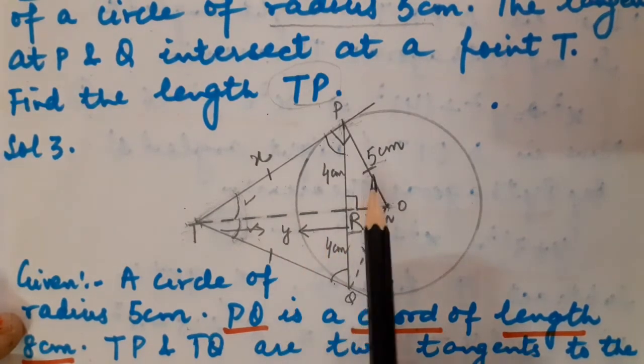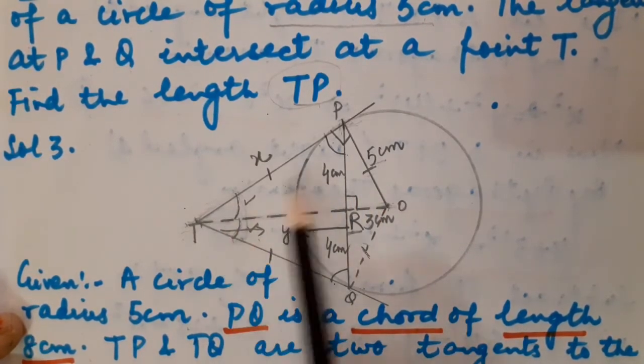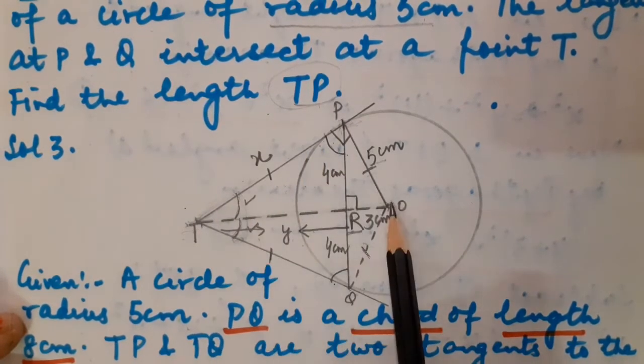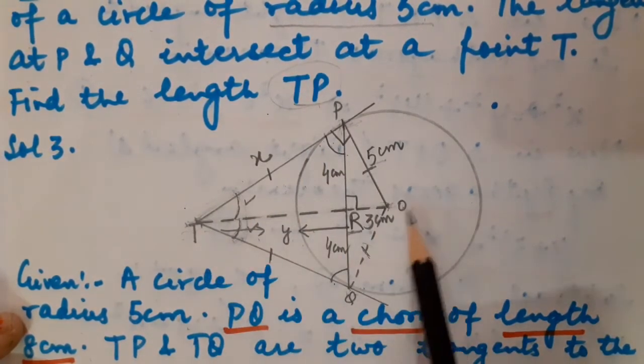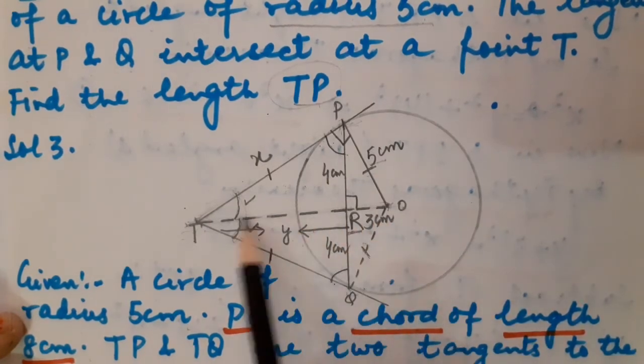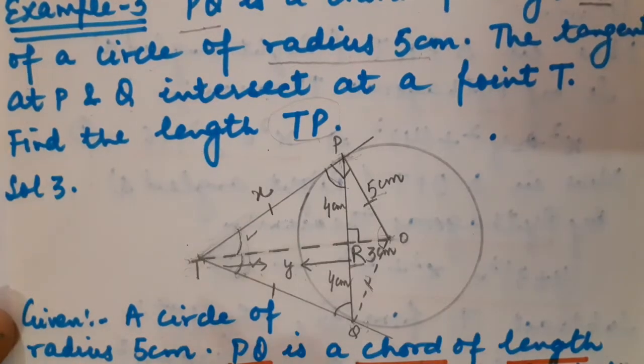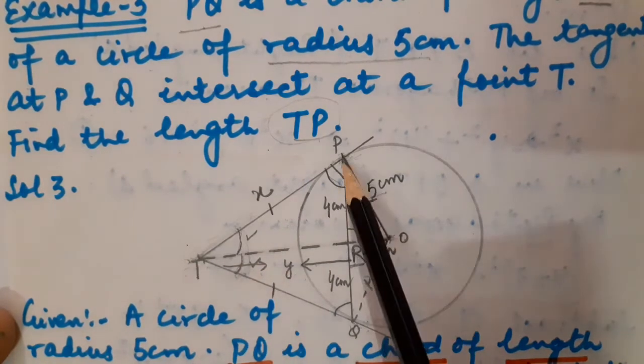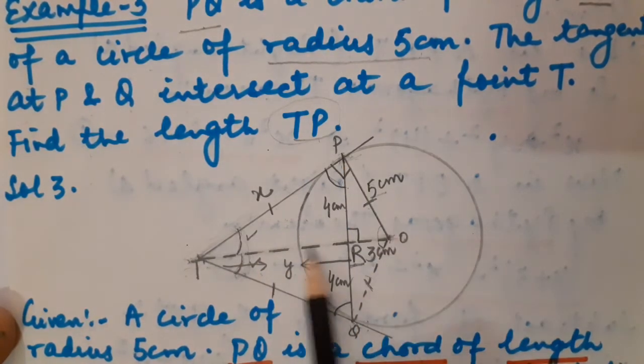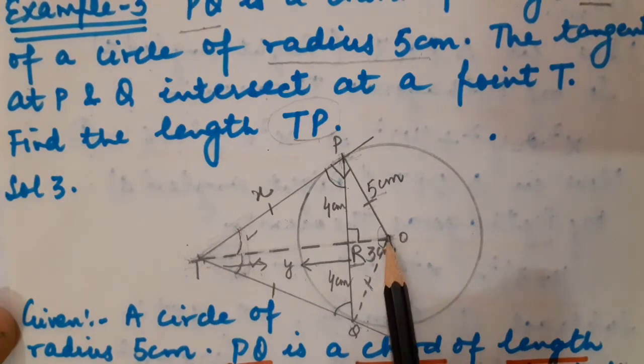Okay. So as they both are congruent, what can I say? That angle PTO is equal to QTO. Or in other words, you can write that OT is the angle bisector of PTQ. Fine, children? Now, as we have proved that OT is the angle bisector of angle PTQ, then we can say that OT is perpendicular on PQ as well. If OT is perpendicular on PQ, then OR is also perpendicular on PQ.